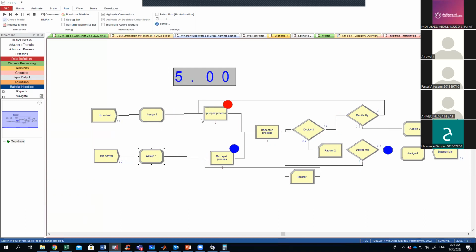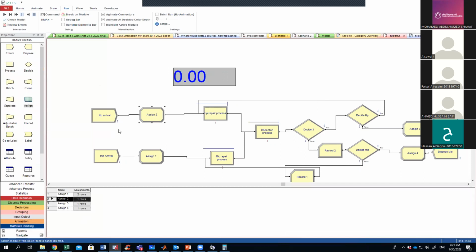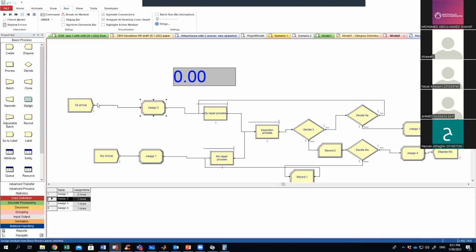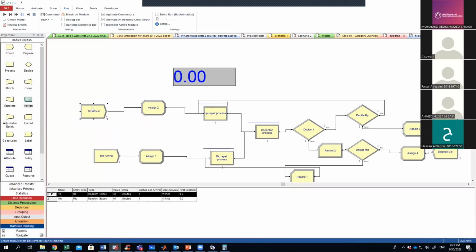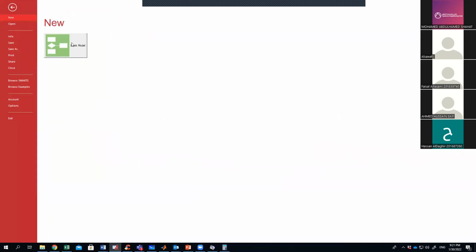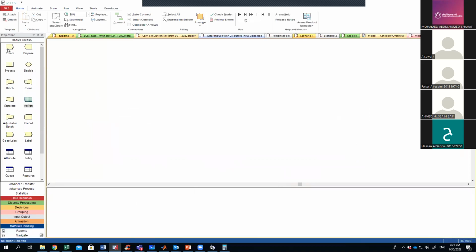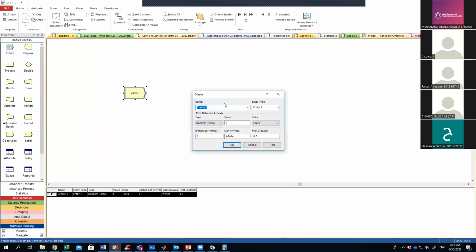Any issue? Just one more thing, and then we will take our break. Just a moment. Assign, whenever you want, let's say you are receiving patients, and you want to differentiate between critical and non-critical. Let me just go Home, File, New. I just want to show you the concept. So you create, assume that you are patients arrival, and any arrival is